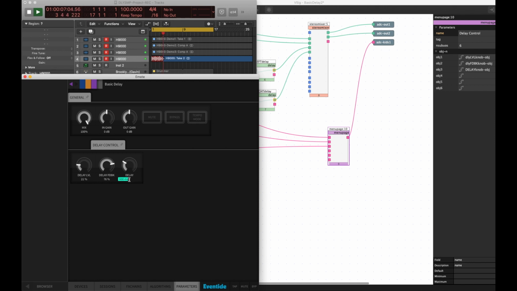Now that's 600 milliseconds. We can make that 1200 milliseconds. If I went to around about 20 milliseconds, okay, now as you can hear, we've got this cool kind of electronica type sound. Okay, and now if I drag this around,